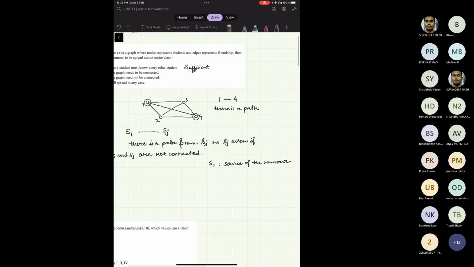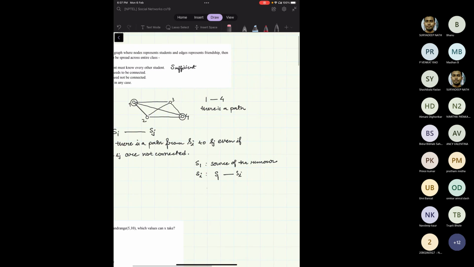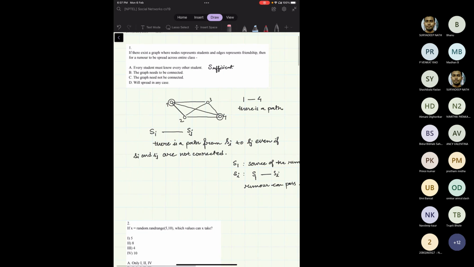Now consider any other student Si. So there exists some path from S1 to Si. Therefore the rumor can pass from S1 to Si. That is meant by connectedness. So therefore this is also a sufficient condition. Okay, now let us hold for a minute. Now consider option